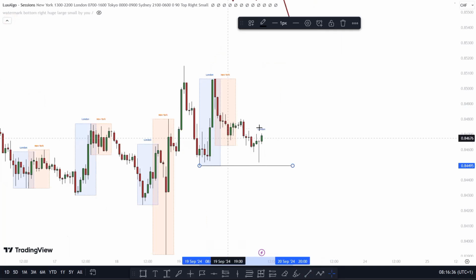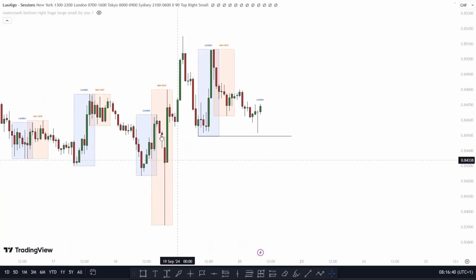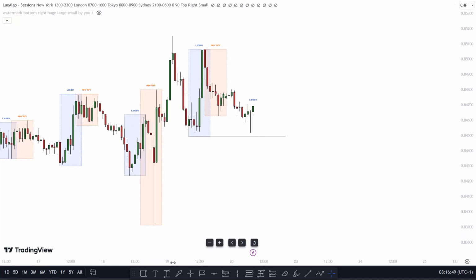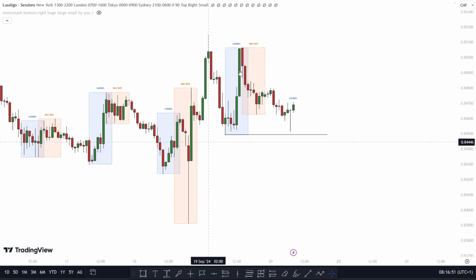And then what are we looking out for? We want to look for an order block below that liquidity, an order block that has a fair value gap. So you can see this is on. Now, this allows us to pay attention to the most effective order block with a fair value gap,